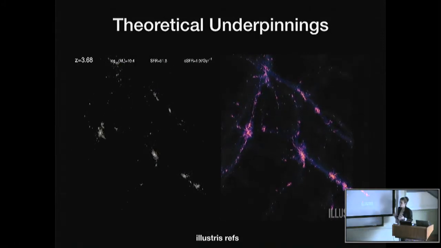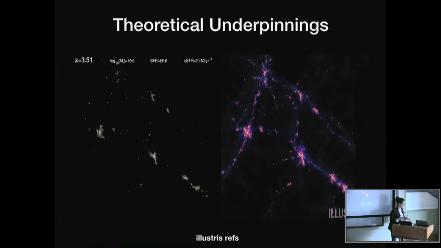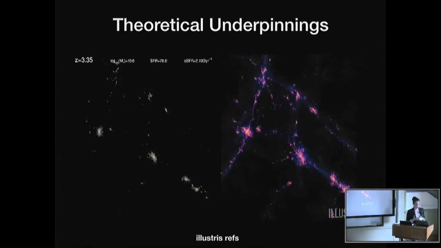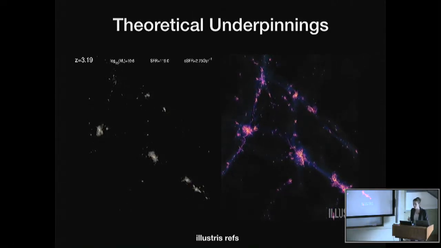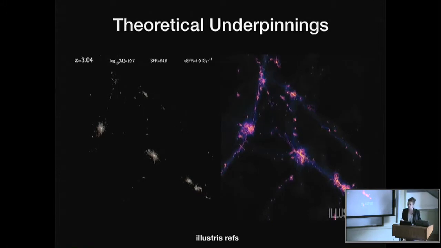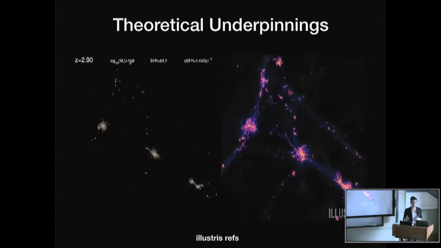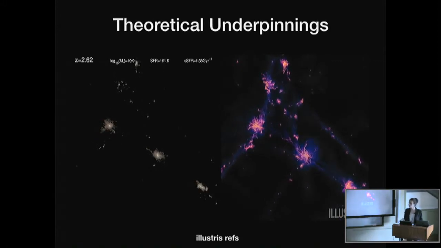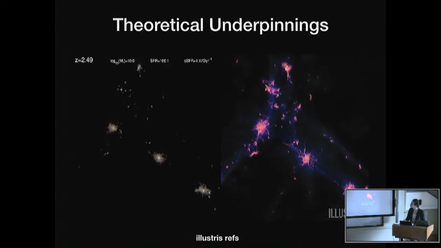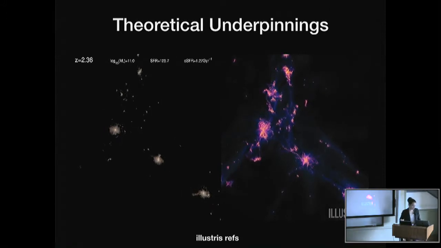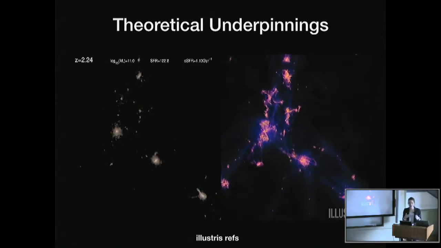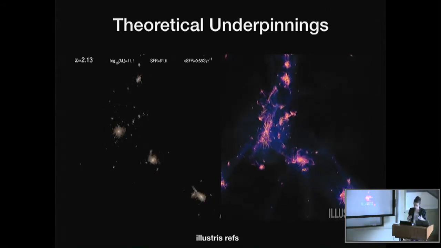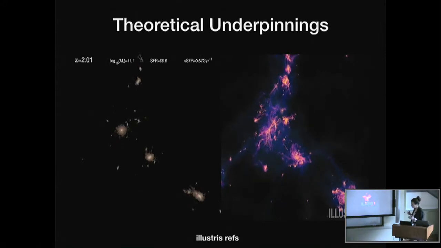The general physical picture is something like galaxies accrete their gas from the cosmic web at a rate that's driven by the mass of their dark matter halo. That gas settles into the disks of galaxies and forms stars with a radial distribution set by the angular momentum distribution of the halo and affected by feedback processes. And then in a lambda CDM cosmology, galaxies undergo mergers.